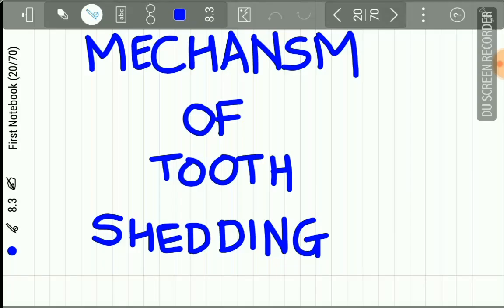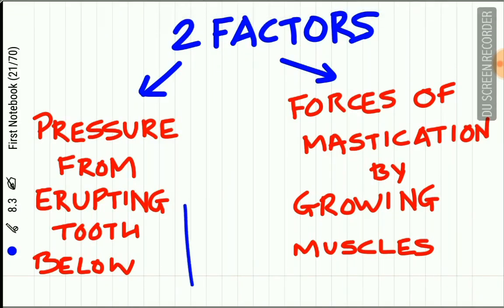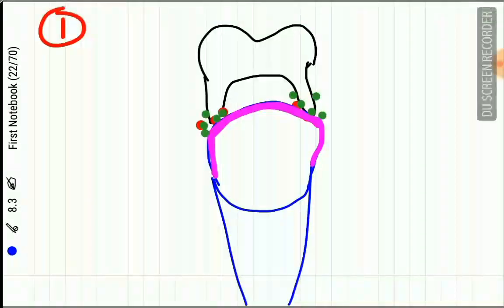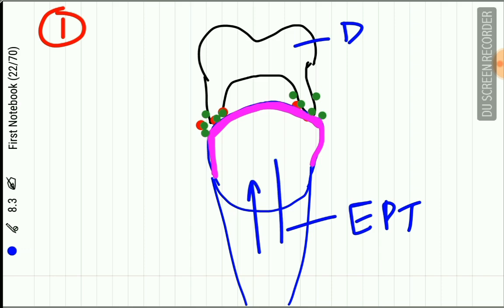Now let us see the mechanism of tooth shedding. There are two factors which influence the shedding. First is the pressure exerted by the tooth below it, and second, the forces of mastication which are applied by the growing muscles. Now let's study the first factor. Suppose this is the tooth to be resorbed and this is the erupting permanent tooth. The pressure exerted by this growing permanent tooth activates the odontoclast cells,